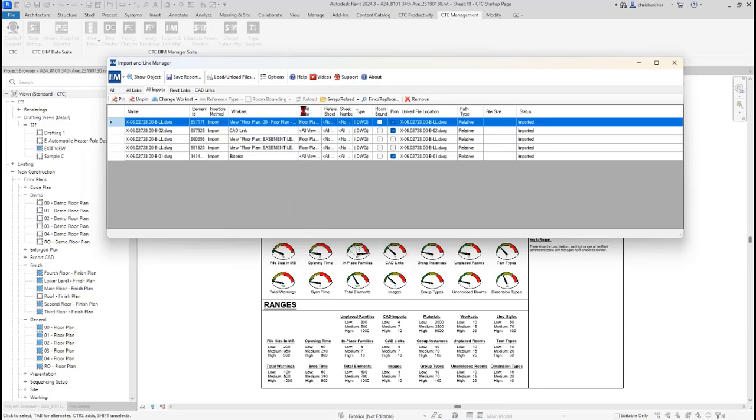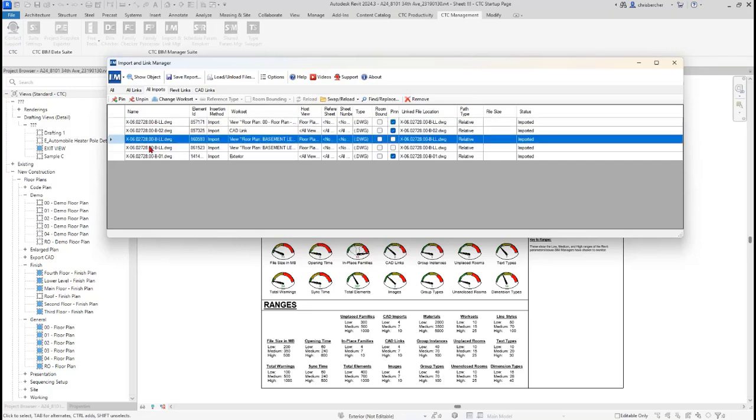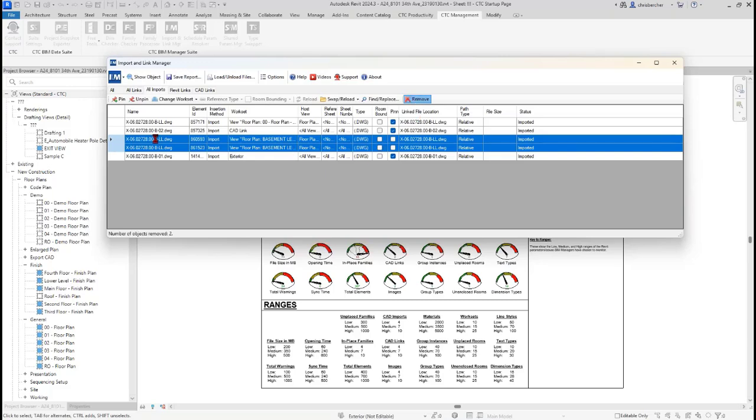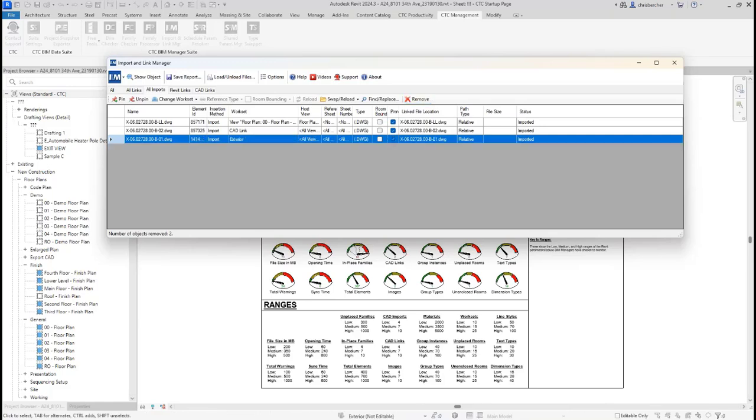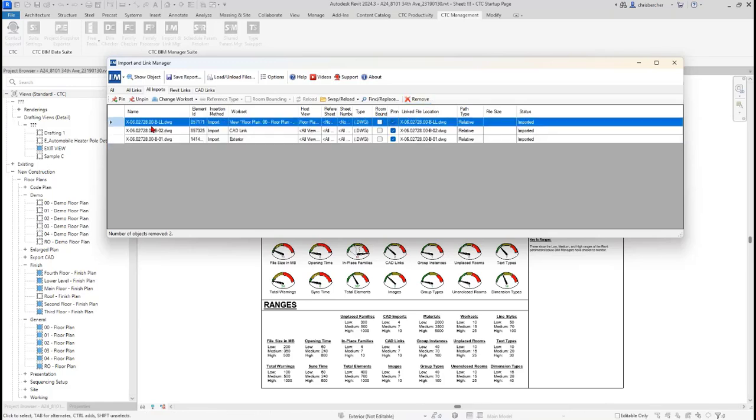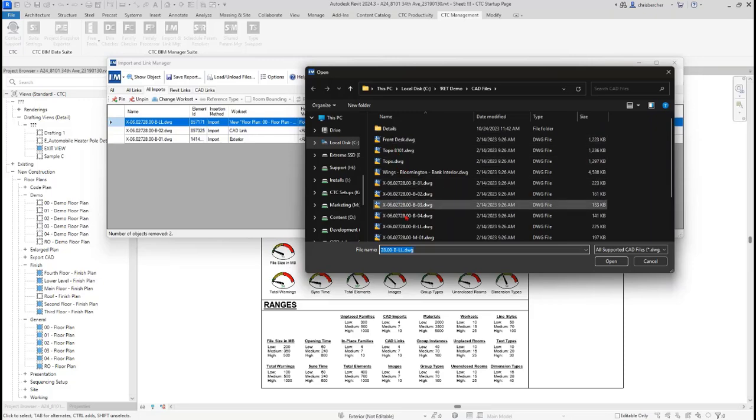okay, so it's yelling at me because it's got the same thing in here 3 times, which for the most part should be fine because of how it's bringing it in. But if I'm going to convert to a link, I have to do a little bit of cleanup first. So what I'm going to do is grab these 2 and just remove them right out of the gate, and then go back and do my reload from. Why I'm trying to show you this is because you'll get the opportunity here to convert it to a link and specify its reference type. So I go back to this now,